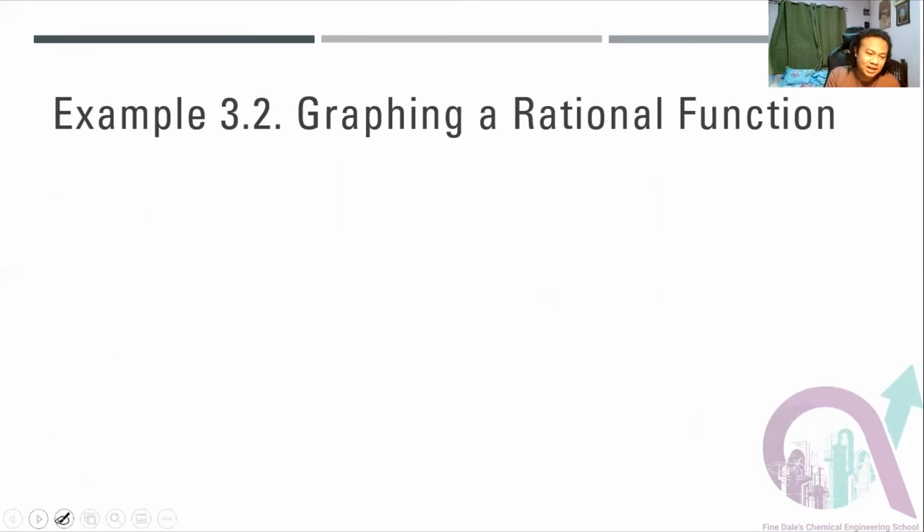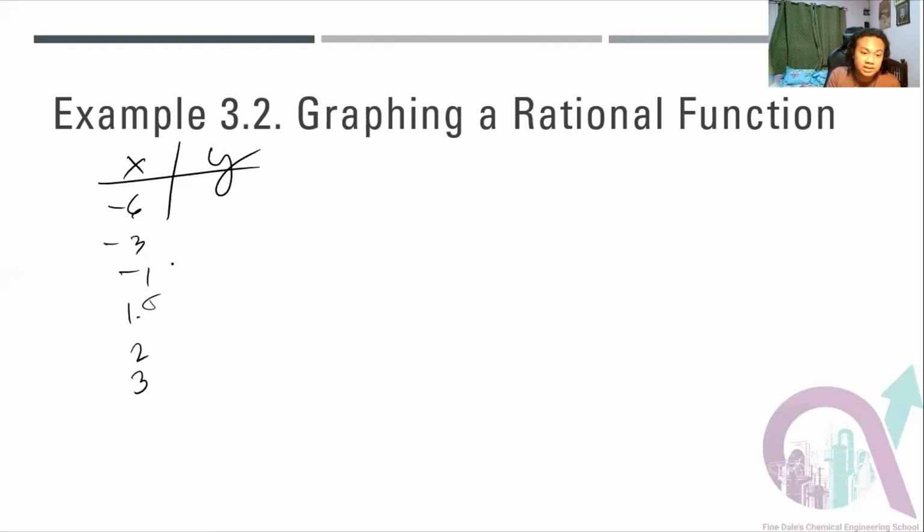For example, you can choose x values from the module: -6, -3, -1, 1.5, 2, and 3. Then if you substitute these into the original function, you will get 0.93, 1.75, 4.5, 6.29, 4.5, and 3.5. If you plot that on graphing paper, you can see that the